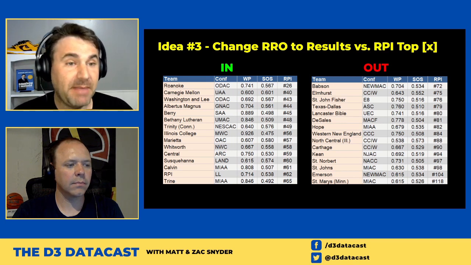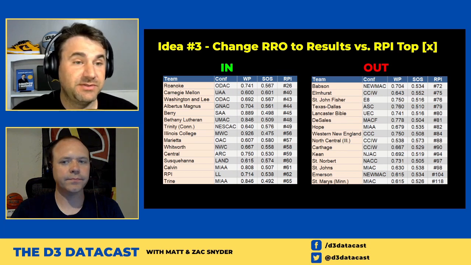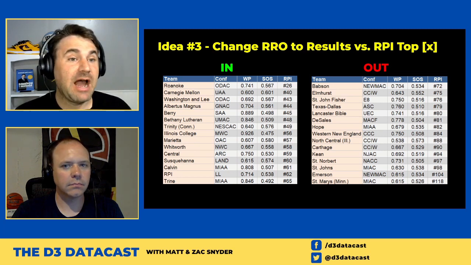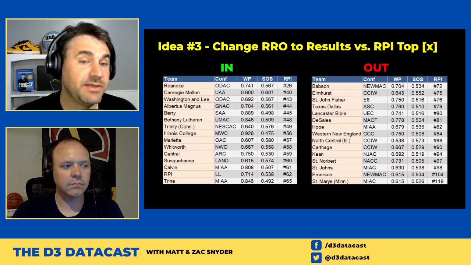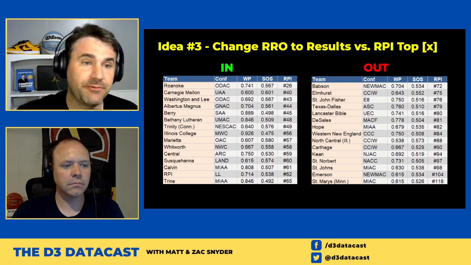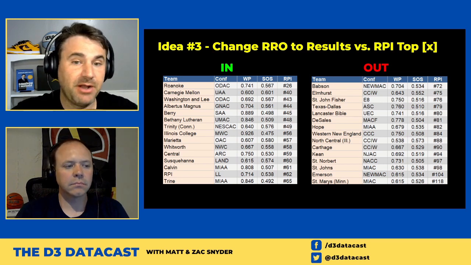We're not losing team quality by making this change. It shifts the regionality a little bit, but if you have a whole bunch of teams from good conferences in one region, why not count those good games? And the teams that are out, I think it's interesting to me, all but 2 of these would have been in the top 100. So if you expand the criteria from 69 to 100, just to make it that nice round 100, we're basically counting all of these.